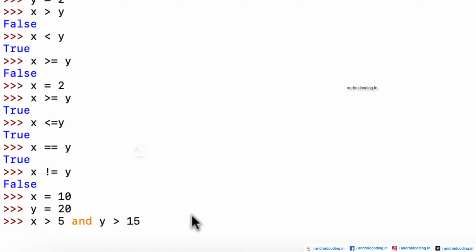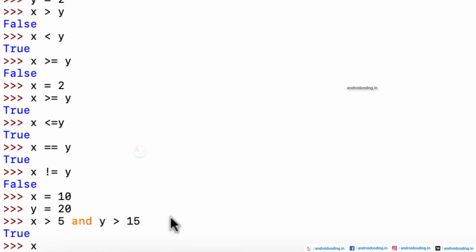So now let us try to see the answer we will be getting here. So here we are getting true. Why? Because x is greater than 5. So you have got 10 out of 10 marks in objective, and in subjective you have got 20 marks, which is again greater than 15. So yes, you have successfully passed your exam.